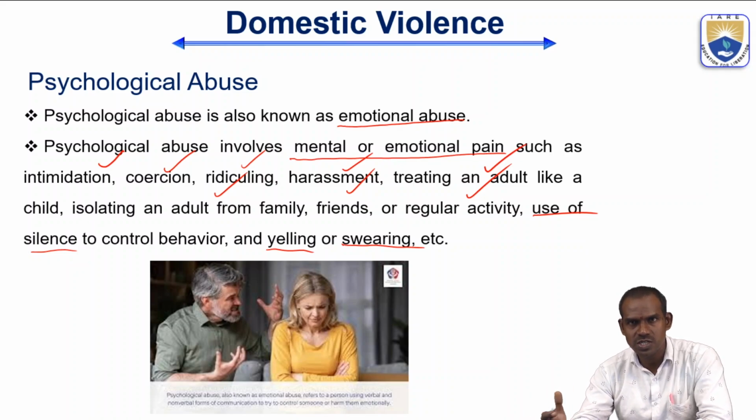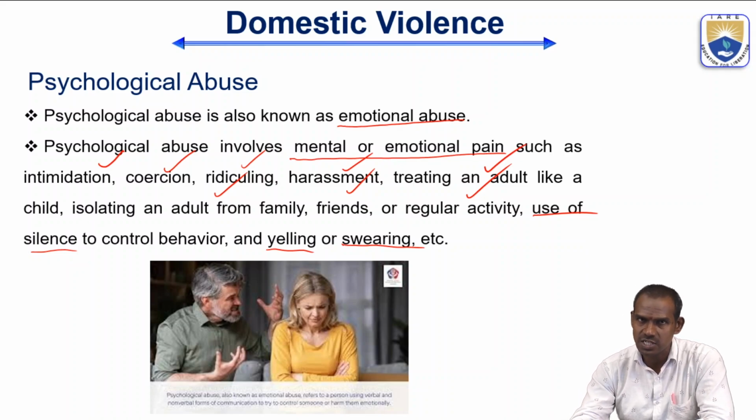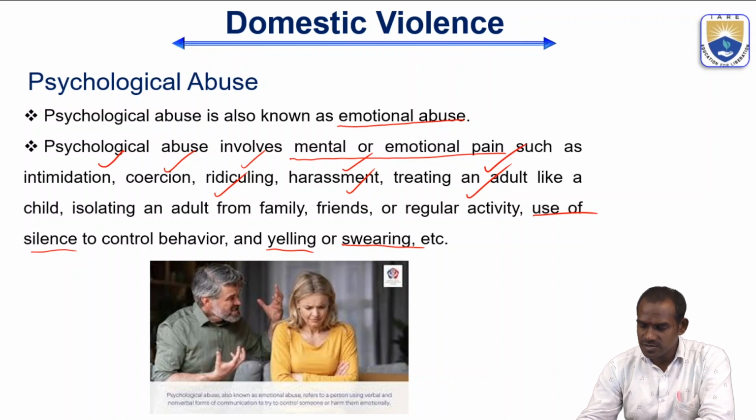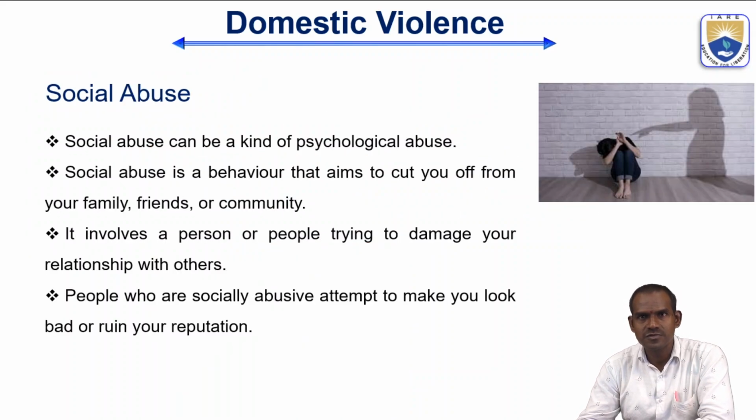So, it is also called emotional abuse, and it is considered psychological abuse in the case of mental or emotional pain causing things such as intimidation, coercion, ridiculing, harassment, treating an adult like a child, isolating an adult from family or from friends or from regular activity, or use of silence to control one's behavior, and yelling, swearing, etc. Okay, I hope you all understood what psychological abuse is and when abuse is considered psychological abuse. Now let's look at the next form of domestic violence: